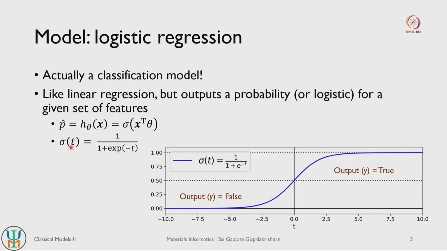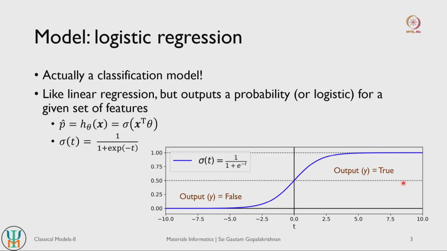Sigma can take various forms. One of the classic sigma functions is 1 over 1 plus exponential function here. The t parameter here is basically your x transpose times theta, so both are the same parameters. If you were to plot the variation of this sigma function as a function of t itself, you see that it is very close to 0 at low values of t, and very close to 1 at high values of t, and goes through a transition, or some kind of an activation here.